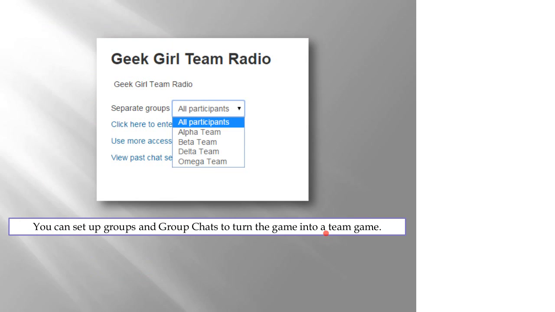Secondly, I wanted to bring in collaboration. So within chat, Moodle has this absolutely fantastic feature where you can create separate chat rooms for different groups. You can do it for different classes within a year group or different groups within a class. I called this Geek Girl Team Radio.